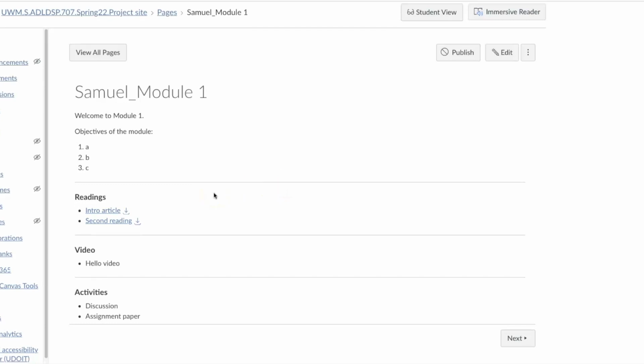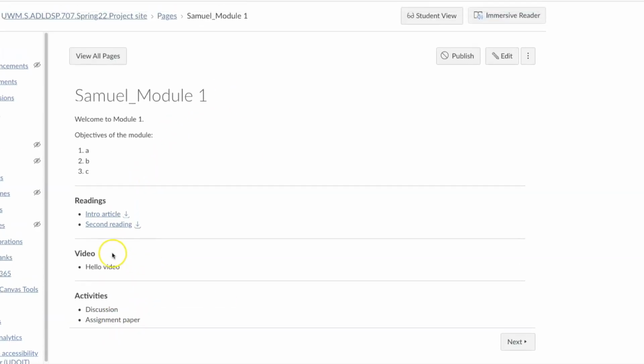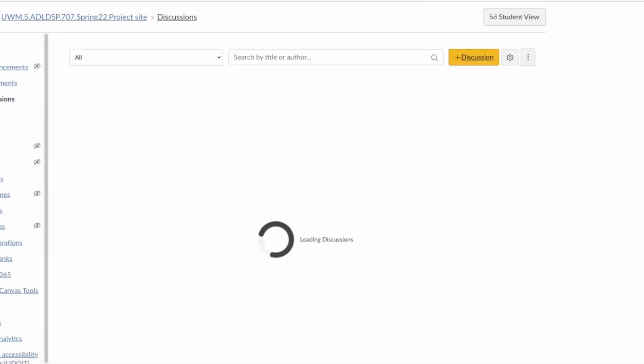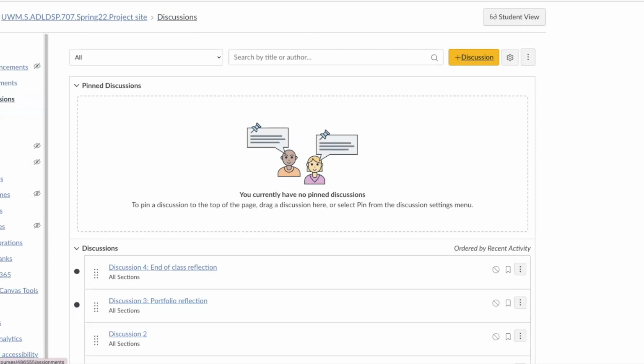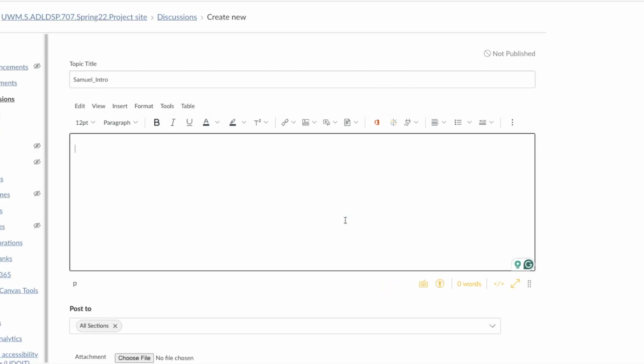Now let's take a look at creating the discussion and the assignment for this particular page, right? So for discussions, what you want to do is go to discussions on the left hand side, click on discussions, and it'll open up your discussion page. Click on add discussion on the top right. And again, notice this looks very similar to the page you created, right? But now it's opening up a discussion for me. So I'm going to say again, Samuel intro. Then whatever instructions I want to give for the discussion itself, I post it over here. So something like